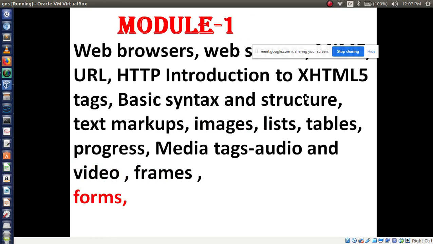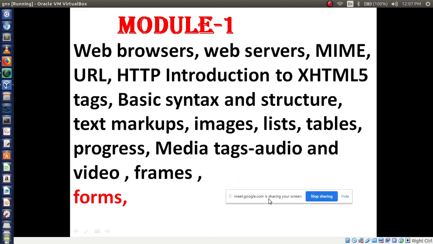Now this is your first model syllabus. In this model syllabus we have studied web browsers, servers, MIME, URL, HTTP introduction, then introduction to XHTML tags, basic syntax and structure, text markups, images, list, table, progress bar, media tags, then frames.